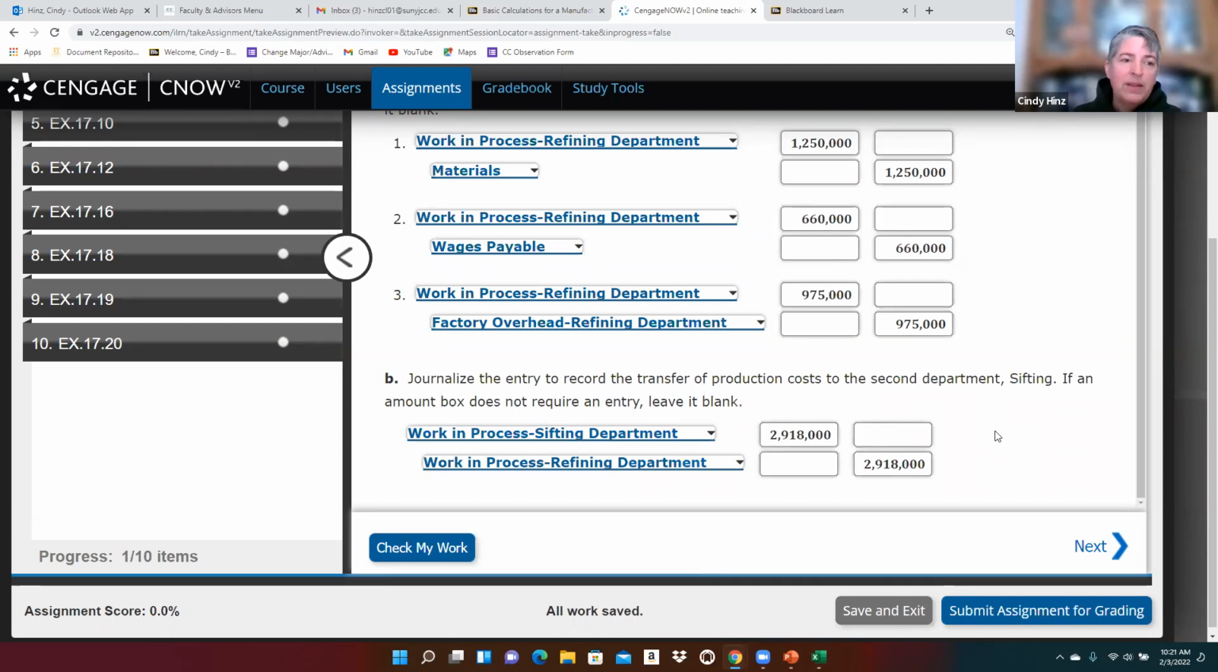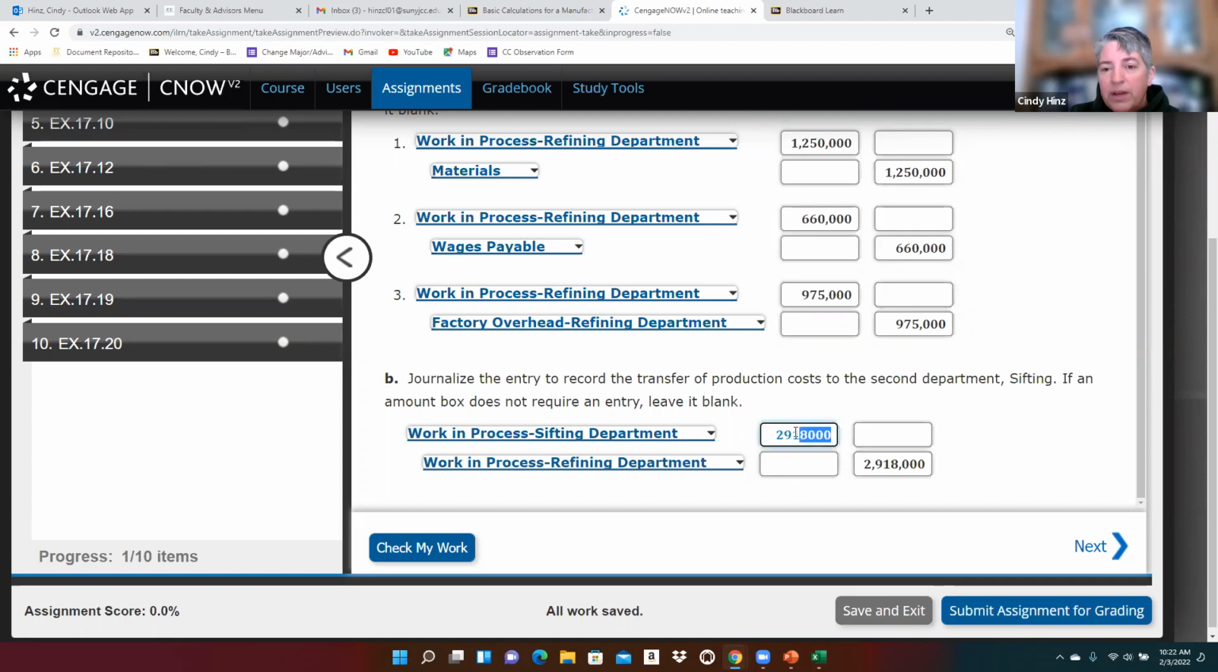And so these would represent those transferred out costs, transferred out from the refining department and transferred into the sifting department. In the sifting department, we would add some combination of direct materials, direct labor, and overhead. Maybe they don't add any more direct materials in the sifting department, certainly possible, as we just described with our cookie company. So in the sifting department, it may be that they added just direct labor and overhead, but this